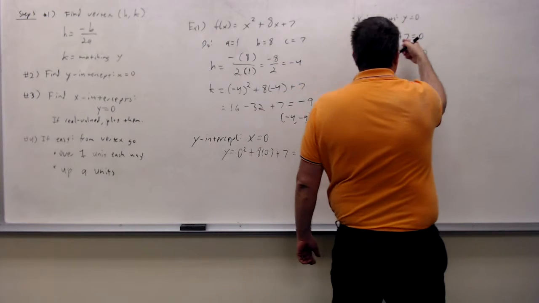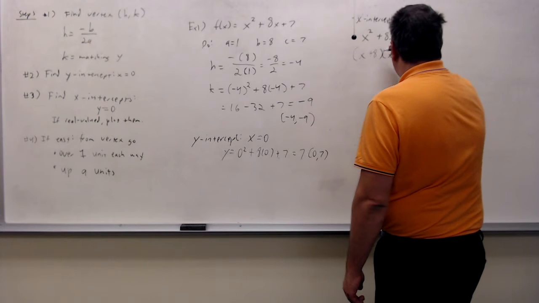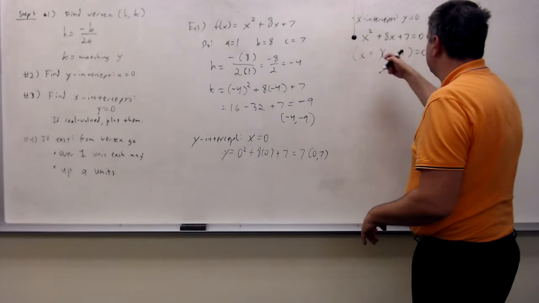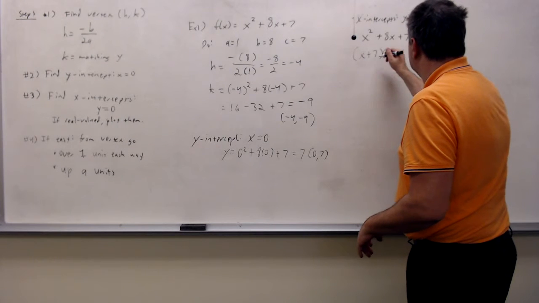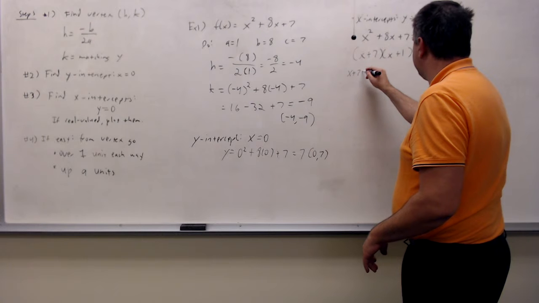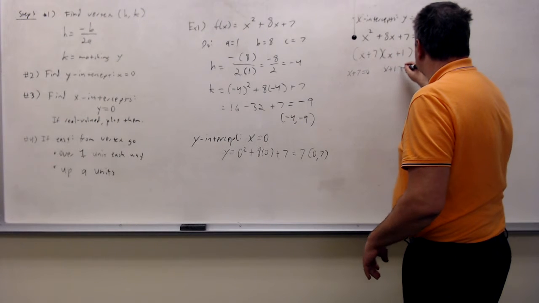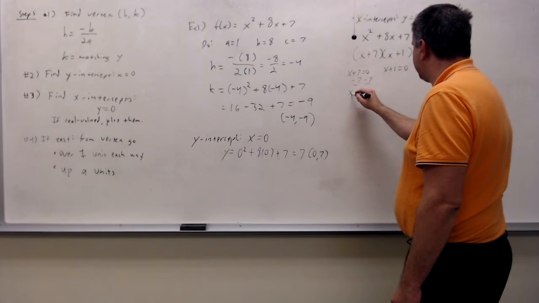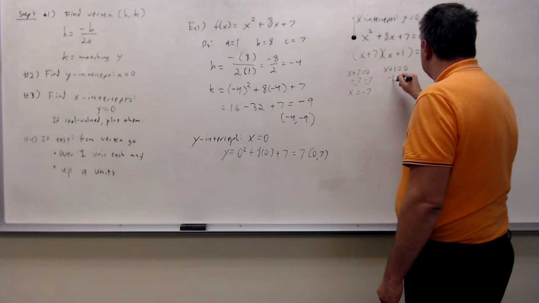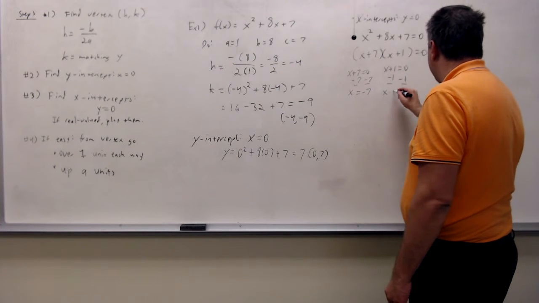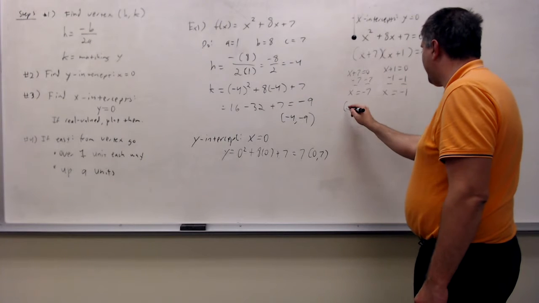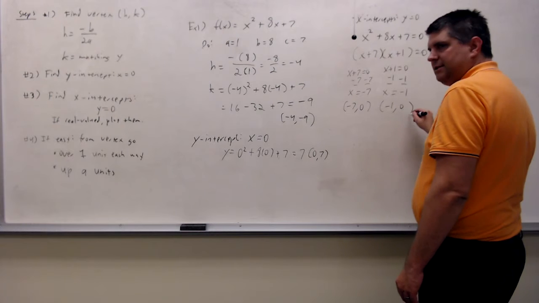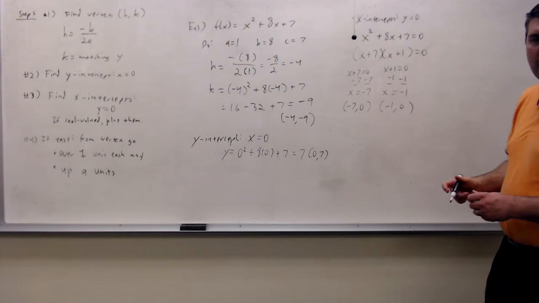Pair of factors of 7, that add to 8, are positive 7, positive 1. So x plus 7 is 0, x plus 1 is 0. Subtract 7, x equals negative 7. Subtract 1, x equals negative 1. So we have negative 7, 0, and negative 1, 0. Those are my